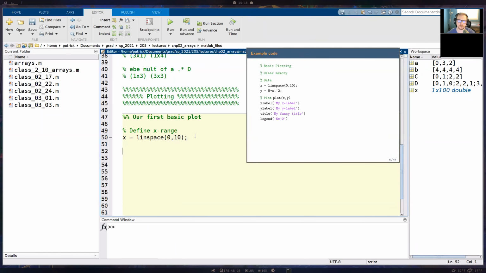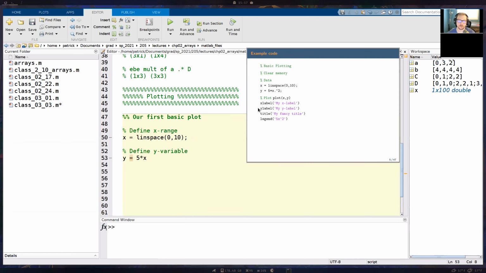Okay, now we're going to define our dependent variable, so in this case the y variable. We're going to do y equals 5 times x, and then squared. This is where element-by-element operations really come into practice.